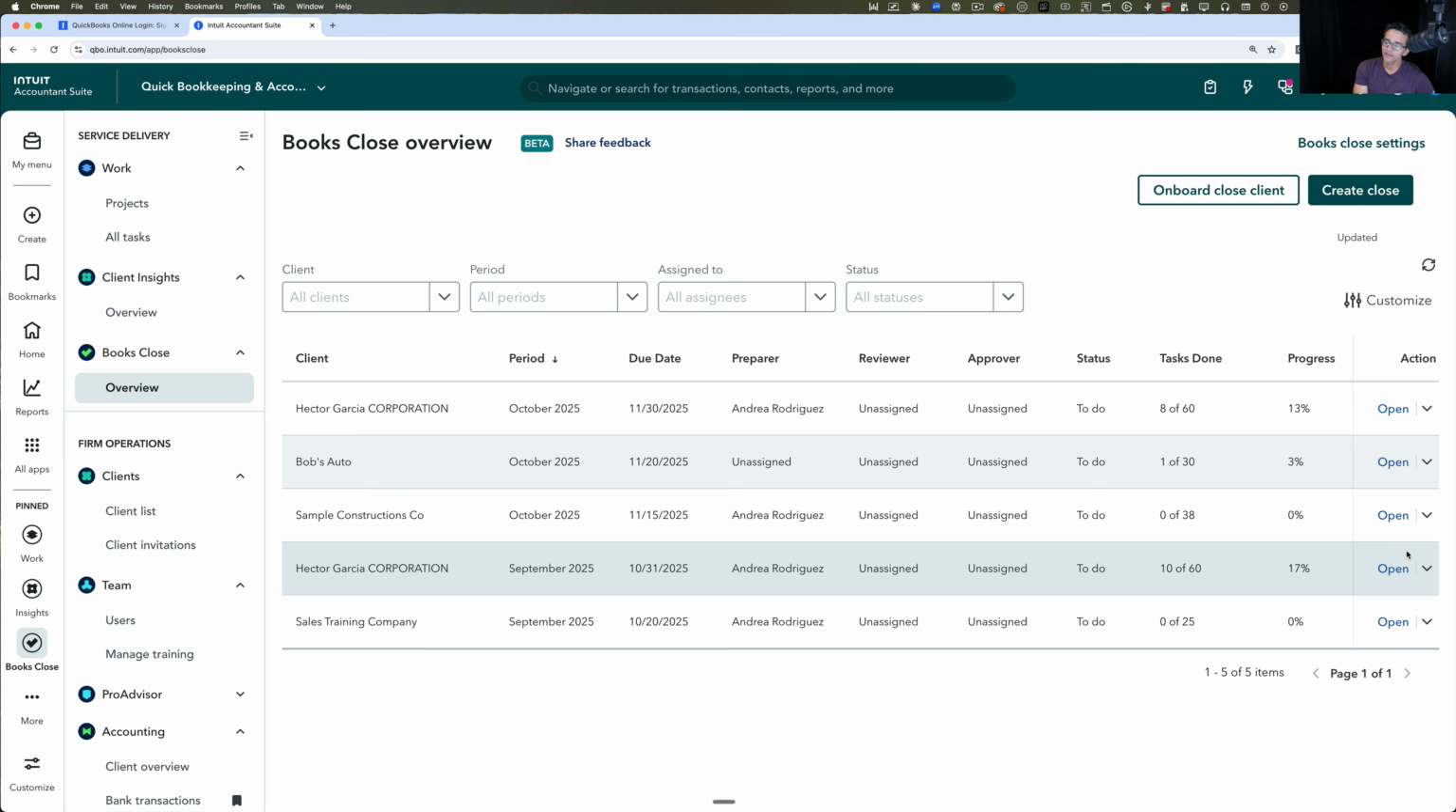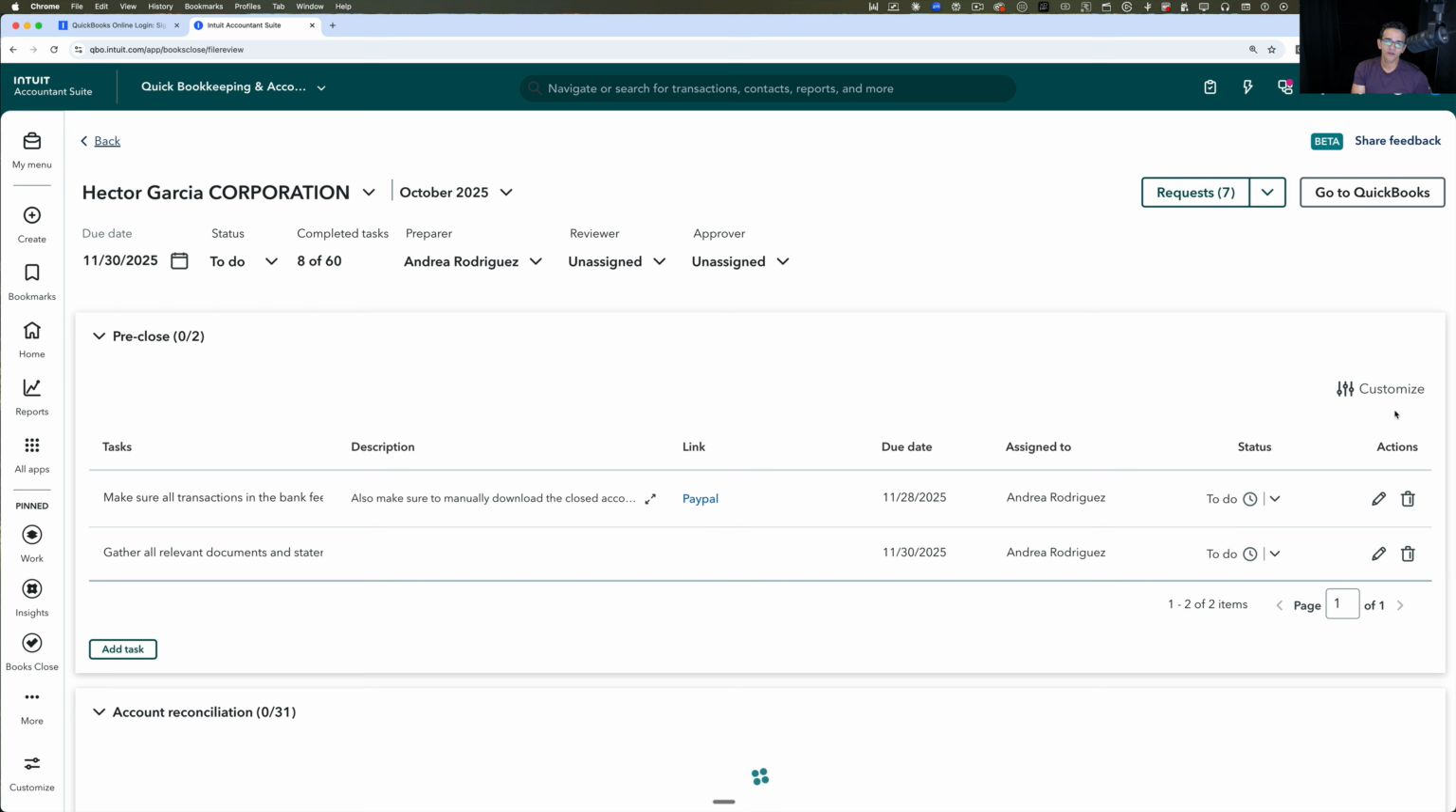Now, once the workflow is created, and now you want to start doing the work inside of a particular client, there's not that many options here on the actions. There's open, there's create, close, and there's go to QuickBooks. Going to QuickBooks is just going into the client's books like normal. We're going to click on open. And then once we click on open, basically the same template that we looked at now is laid out as